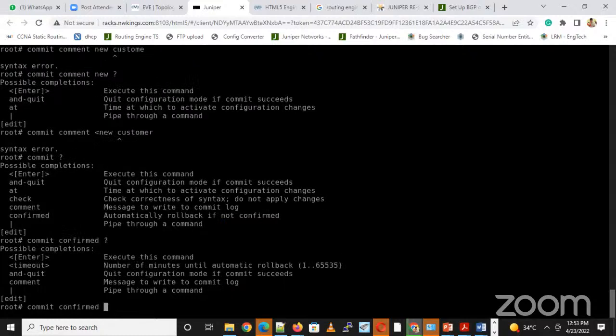If you don't give any number, by default it will take 10 minutes. Or if you want to give a specific time, say 2 minutes, to run this configuration, you can give 2 minutes, or 3 minutes, up to 10 minutes you can assign. 10 minutes you don't need to assign, because if you execute commit confirmed, by default it will take 10 minutes. These are the possible options